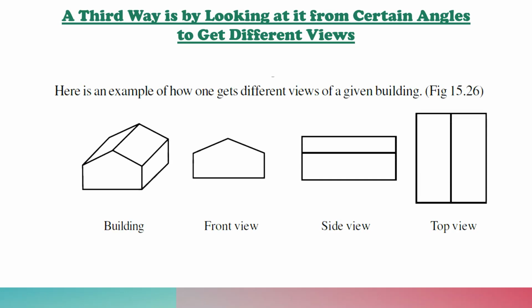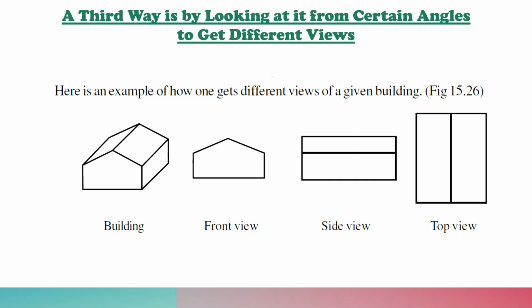You can see there is a building. A net of a building is formed in the first diagram. If you see it from the front, you will find that it is in the shape of a pentagon. Whereas if you see from the side, you will see that there are two rectangular strips over there which are not uniformly distributed.